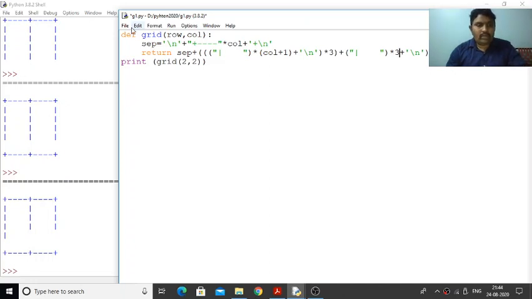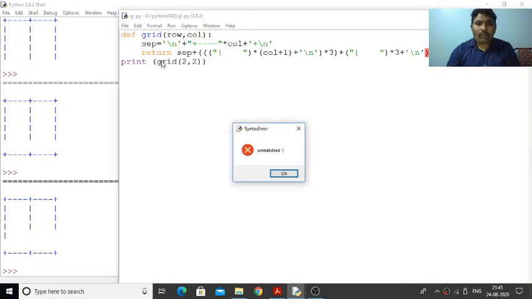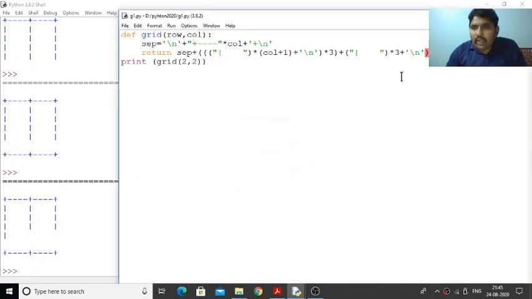Let us save this and run the program. Okay, it is showing somewhere. So here it is open. This particular brace is for this one, and this is okay, and this range is up to here, and this range is up to here.